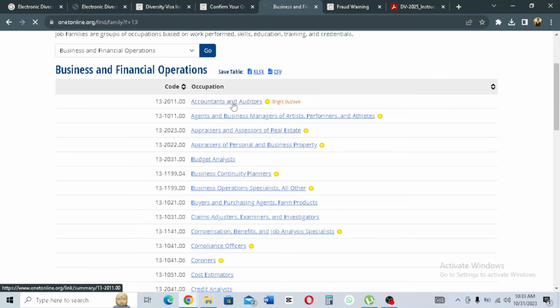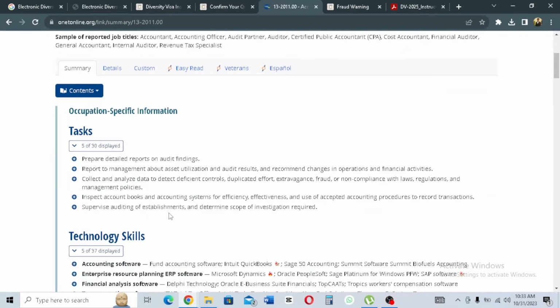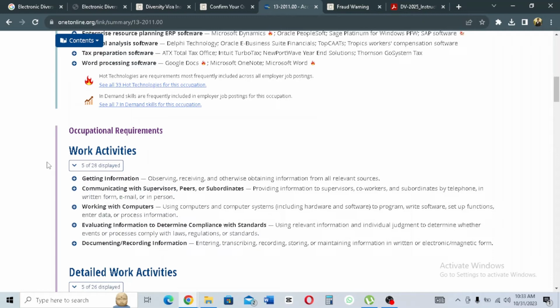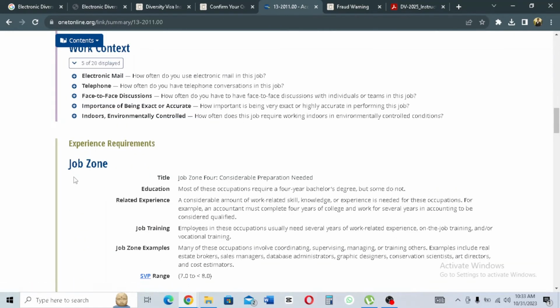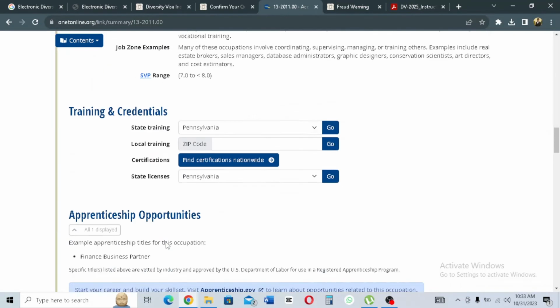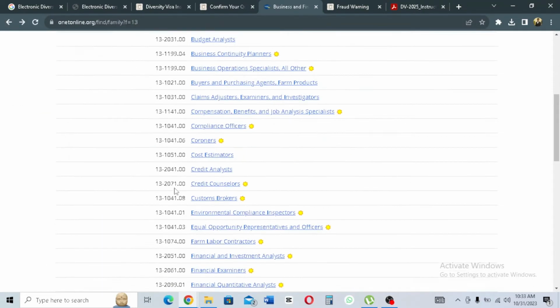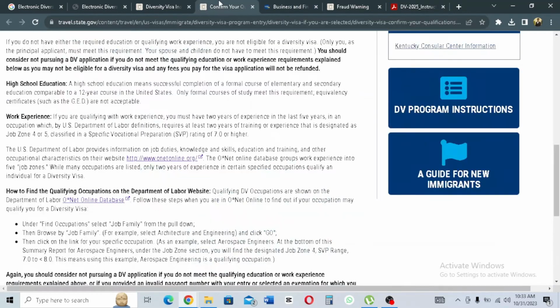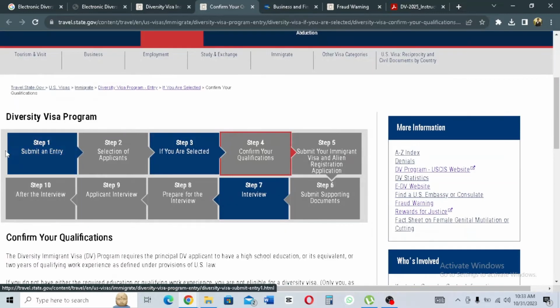If I click on accountants and auditors, you will see what tasks are required, what technology skills are required, what education is required for these occupations, and where this job zone is located. Here you'll see all the details, and this is how you can check your occupations. So now let's go back to our web page, and on this page you will see all the instructions from step